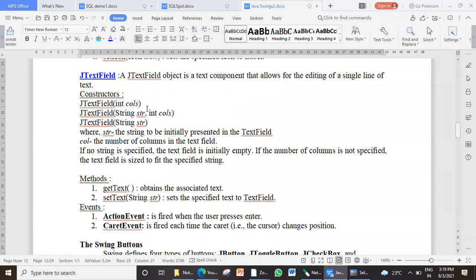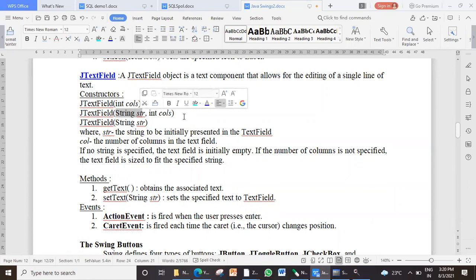If you don't want to specify the size, and you want to give some input string initially, of course normally a text field should be blank because the user types the input in that. But sometimes, in rare cases, you want to create a text field with some sample text in it, then you can specify a string.